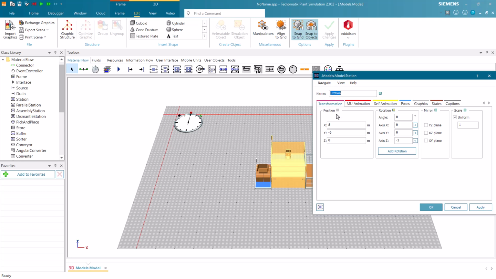In this dialog, you can edit the graphical properties of your object. You can adjust the values by entering them with your keyboard or by using your mouse wheel. As you turn the mouse wheel, the values change within a range of 10 centimeters. If you hold down the Control key while turning the mouse wheel, the values change in the centimeter range. Similarly, pressing the Shift key and turning the mouse wheel changes the values in the meter range.